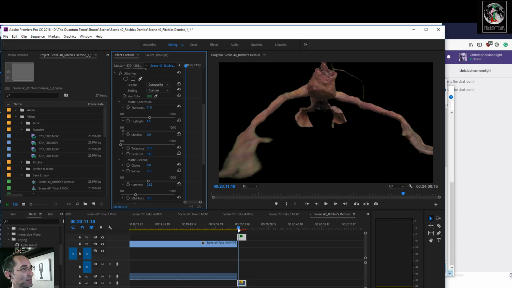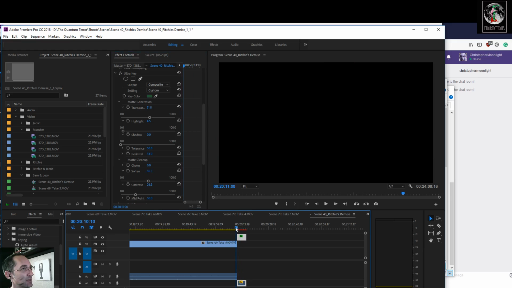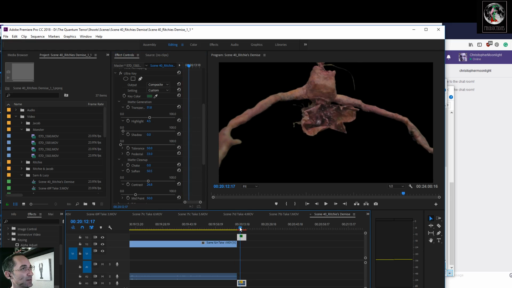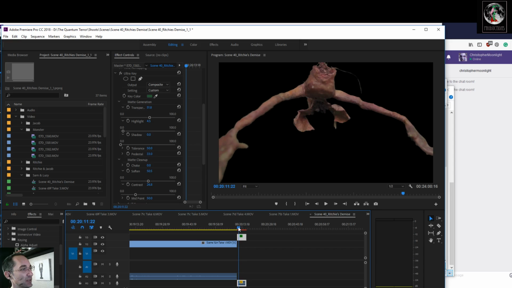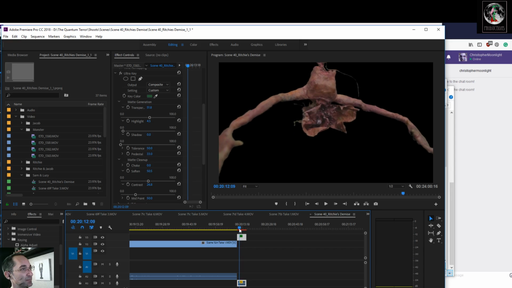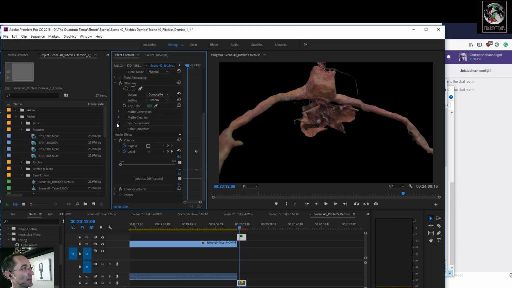That's a lot of softening, but it should be okay. Still looks pretty good. Softening helps. So let's go into spill suppressors. Or spill suppression.